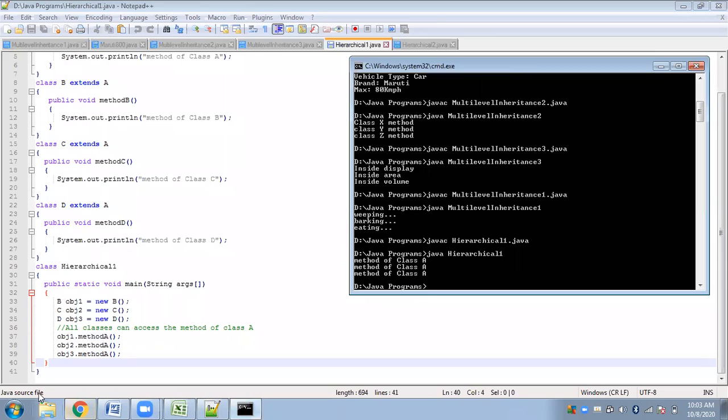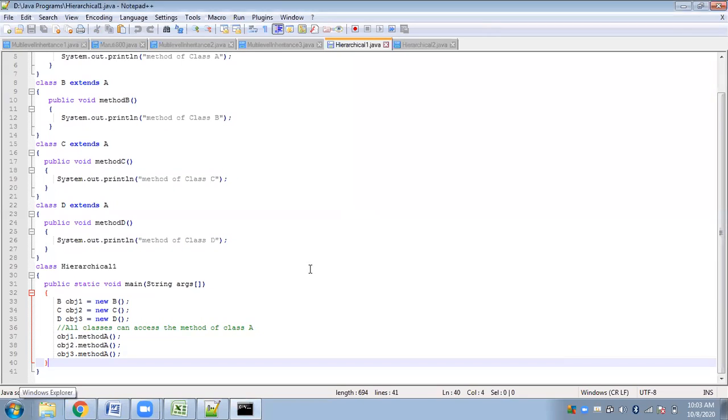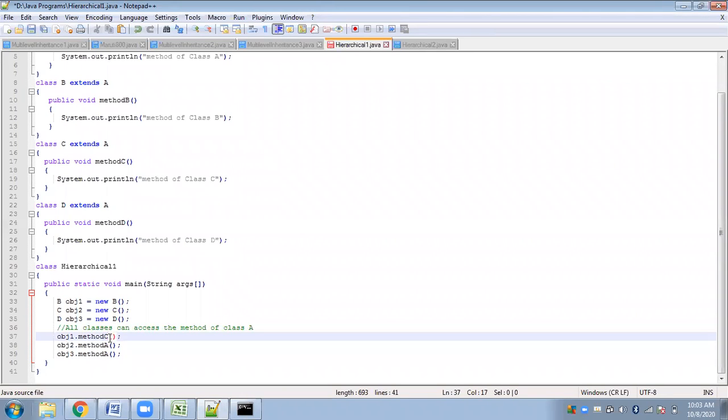See, each of these objects has successfully invoked the class A method. Now, suppose you try to invoke method C, that is the class C method, using an object of class B. Let's see what happens.